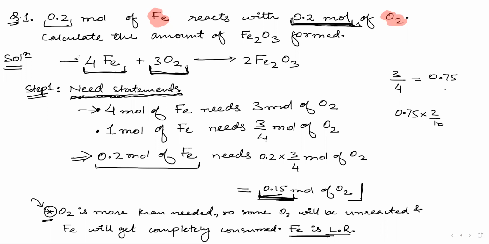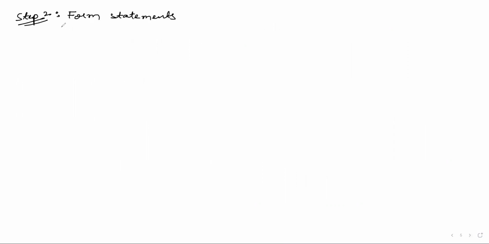We started with this balanced chemical reaction, right? So here also we will start with the balanced chemical reaction. And don't say that we are taking Fe because we have taken Fe in the need statement. No, I will start with Fe because Fe is the limiting reagent. Again, I will write, since Fe is the limiting reagent,